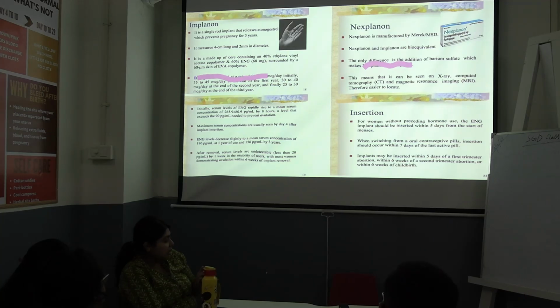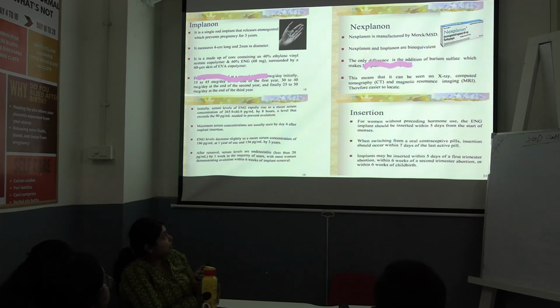So if we ask you why we are going for Implanon or Nexplanon, it is because it contains etonorgestrel, a more potent version, with less individual variation in daily release. Even after removal, there is return of ovulation, that is, return of fertility, within 6 weeks. And within 4 days of insertion there is maximum serum concentration which can prevent your ovulation. That is why we are more focused on Implanon and Nexplanon.